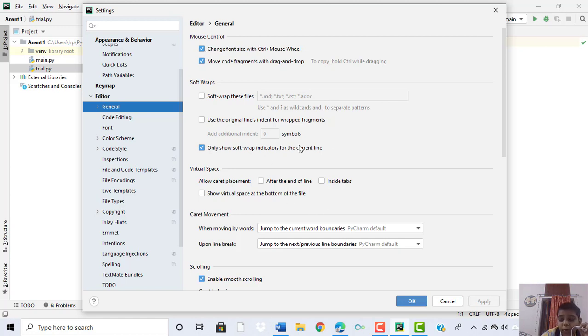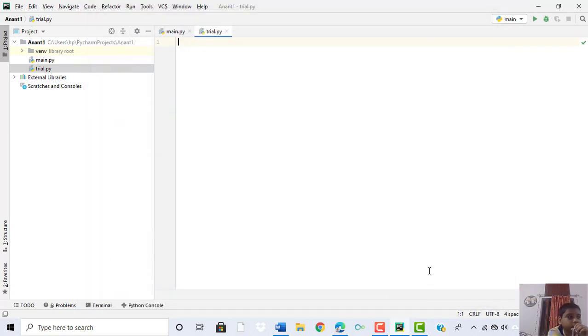When you open PyCharm it will show the font in a very small size, so you have to check this box to make the program visible on your screen. I have checked this box, so it is not allowing me to apply. If you have checked this box, then you have to click on the Apply option, then click on OK.